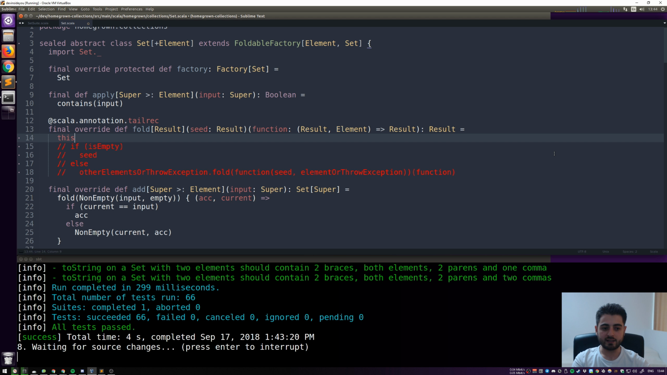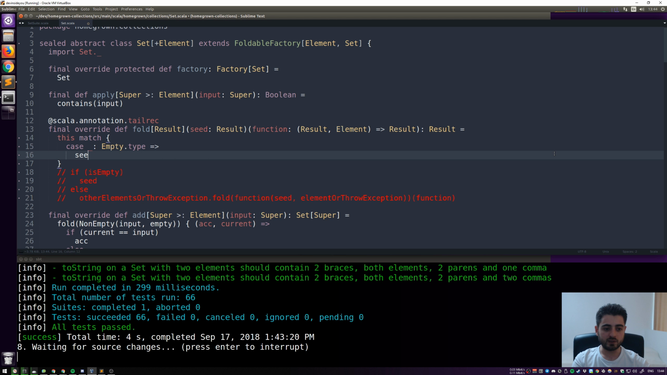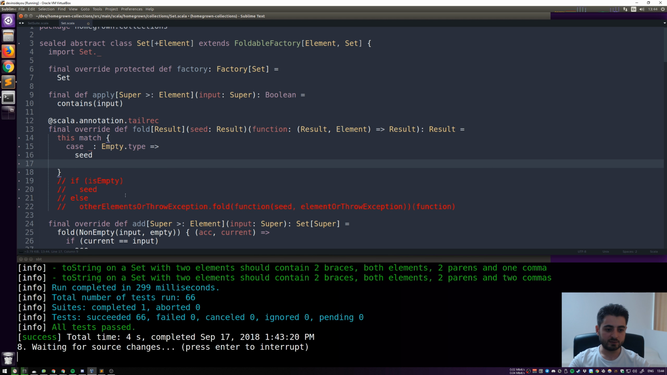We're just going to match on this, right? So if it's an empty, and again, we're not using the full-blown pattern matching, we're just matching on the type, right? Because we don't want to use the equality. Then we're going to return the seed, right? So this is basically this case. And otherwise,